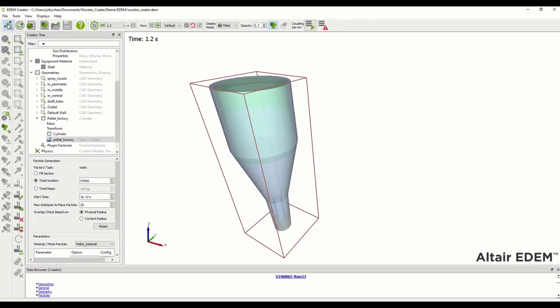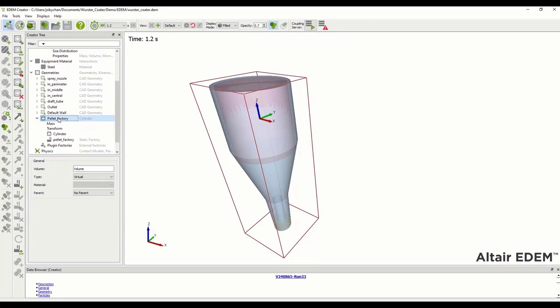I just want to note that when a factory is created, make sure that the type is virtual and not physical. Otherwise, this geometry or this cylinder will be a part of the geometry which can interact with the pellets. So now that the simulation is completed,